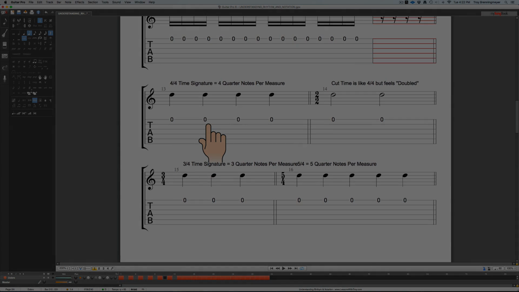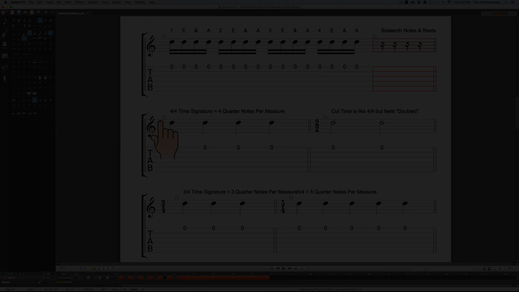So just reviewing our time signatures, the most common one is 4/4 time. A lot of times you'll even see